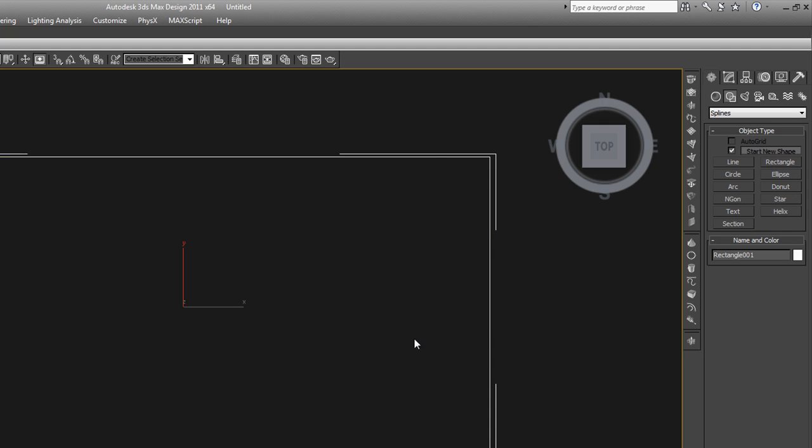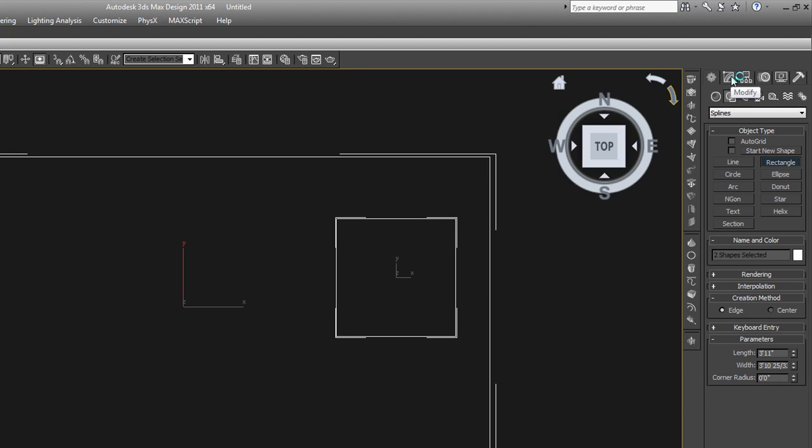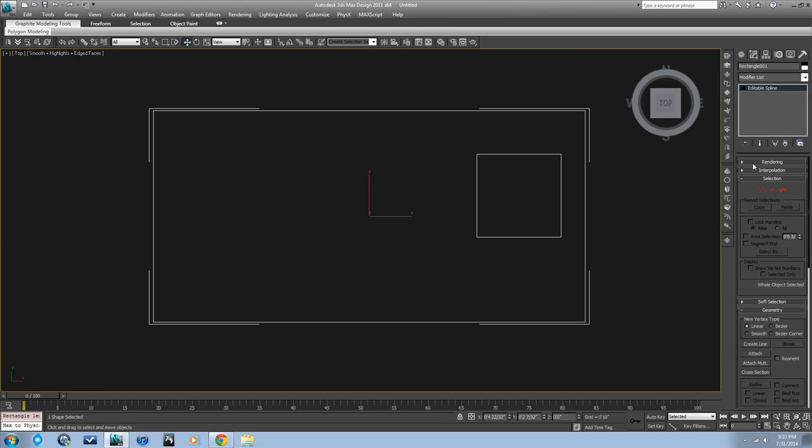Now, if you select that rectangle, then here, this is an important button. Start New Shape is checked. We actually want to add to this shape, so let's uncheck that. Then if we draw another rectangle, you can see it's all still selected because it's all the same shape. Now let's go into modify this rectangle, and again you have